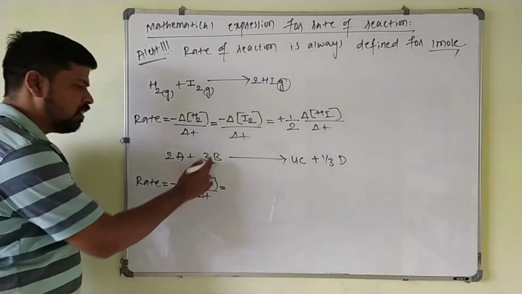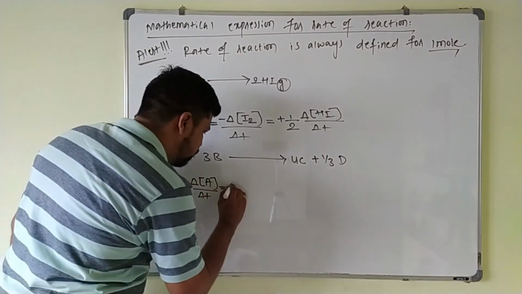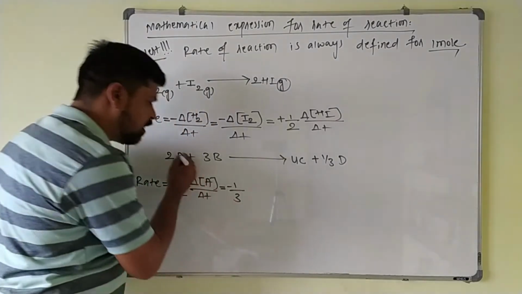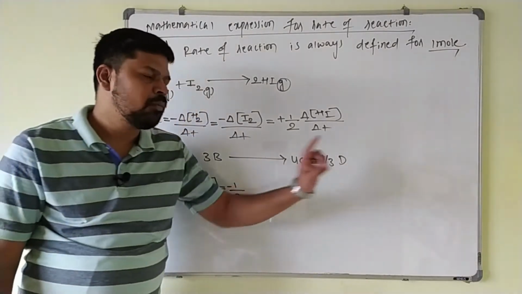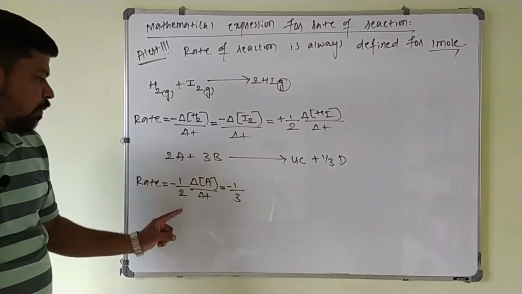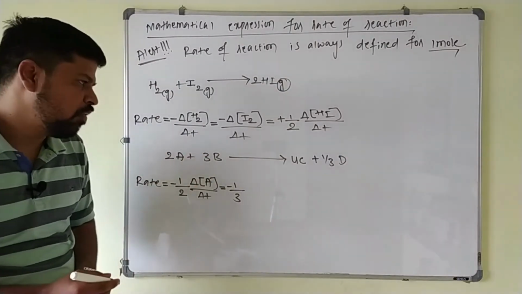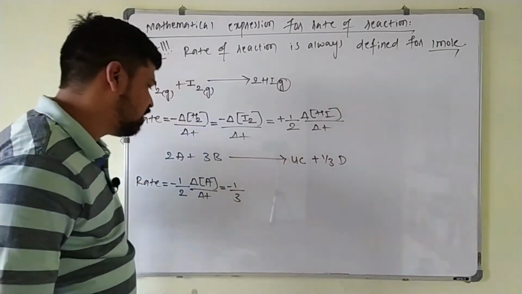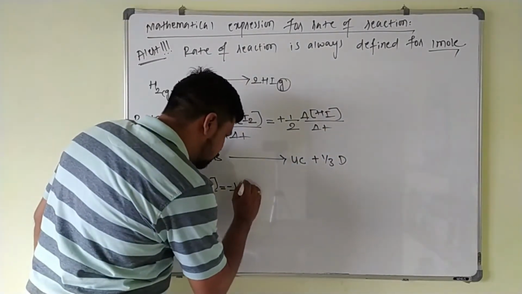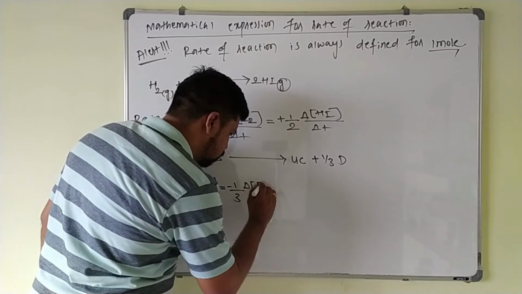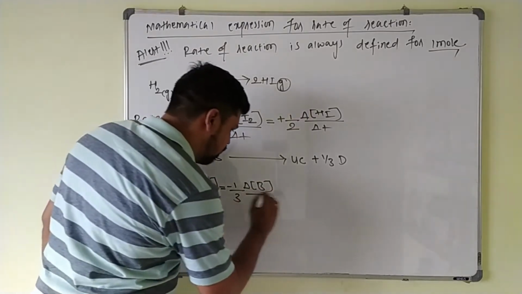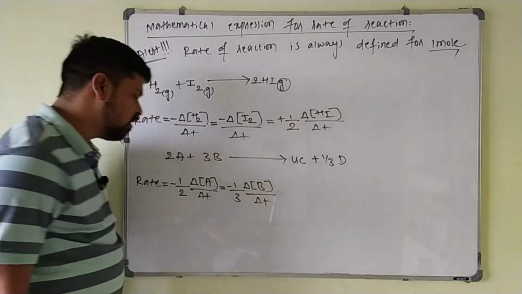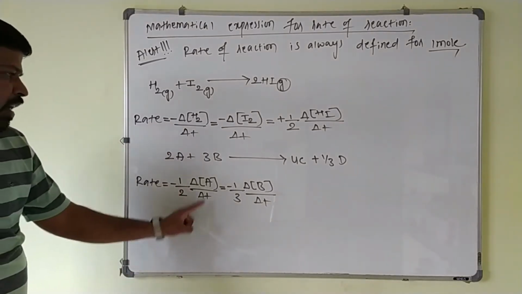This is equal to, here 3 moles are there. So you have to write it as what? Minus 1 by 3. Negative sign is for the reactant. Positive is for what? Products. Just you have to divide by the stoichiometric coefficient. Here 1/3 mole is given. It is multiplied with 3 here. Like that. So this is 1 by 3 change in the concentration of B divided by what? Delta T. This is the rate of the reaction with respect to A, with respect to B.